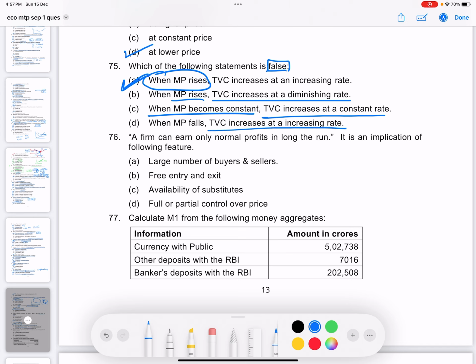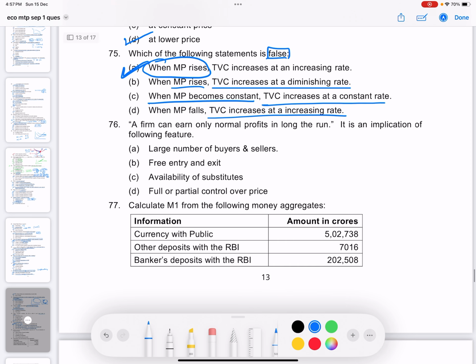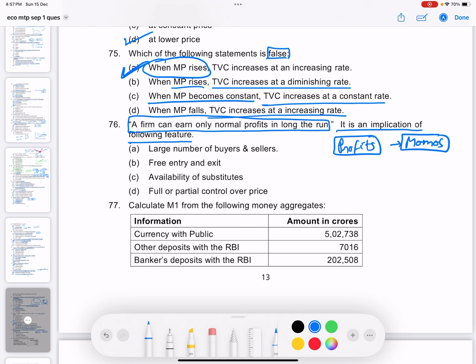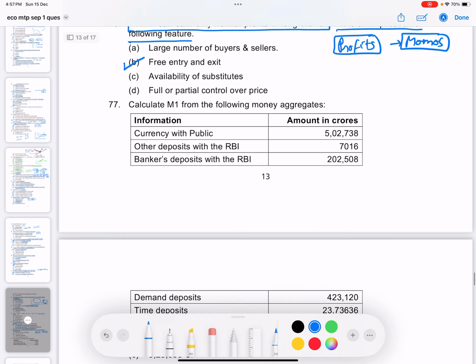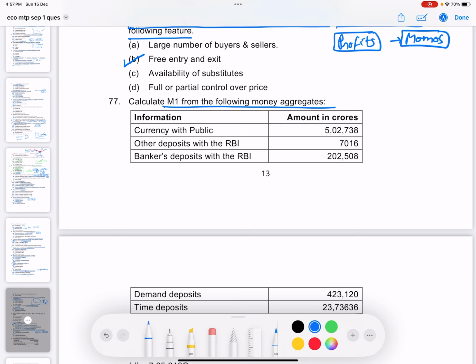ठीक है, A1. A firm can earn only normal profits in the long run. सिर्फ लॉन्ग रन में नॉर्मल प्रॉफिट्स कर पा रहा है, इट्स एन इम्प्लीकेशन ऑफ फॉलोइंग फीचर। अब अगर प्रॉफिट्स मार्केट एक इंडस्ट्री में, सपोज मोमोज इंडस्ट्री की बात कर रहे हैं हम, उसमें प्रॉफिट बहुत ज़्यादा थे, तो होता क्या है, क्योंकि फ्रीडम ऑफ एंट्री एंड एग्जिट है तो बहुत सारी फर्म्स और आने लग जाती है, तो मोमोज की सप्लाई बढ़ गई। पहले अगर पूरे रोहिणी में एक ही स्टॉल था, नाउ दे हैव 20, दे मस्ट हैव क्लोज टू 1000 स्टॉल्स। तो फ्री एंट्री एंड एग्जिट था ना, इस चक्कर में हो जाता है।